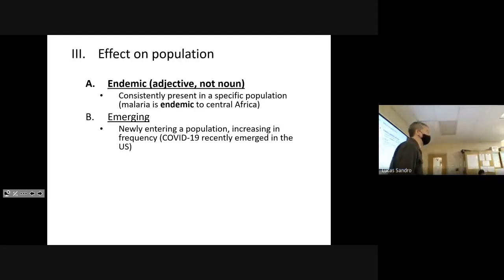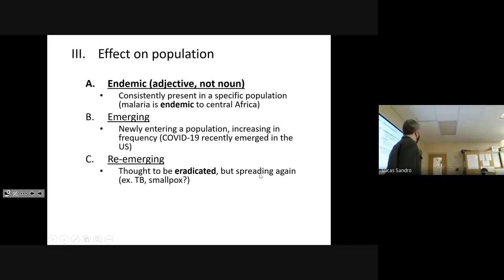Then there's diseases we thought we got rid of that come back. We call them re-emerging. Polio, infectious diseases. Tuberculosis was one that re-emerged for a while. I think it's mostly under control now. It's because they had a bad test for it. When I was a kid, the test we got for TB turned out to be lousy, gave a bunch of false negatives. So around when I was in college, they started finding the precursor to tuberculosis in a bunch of my classmates, and everybody had to go on antibiotics for a while.